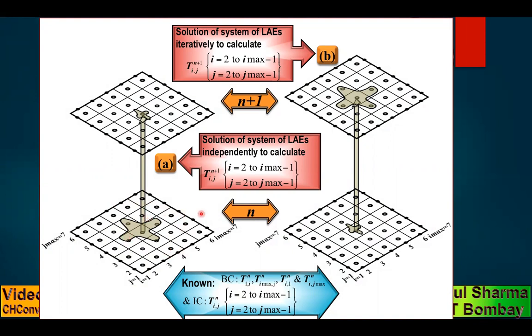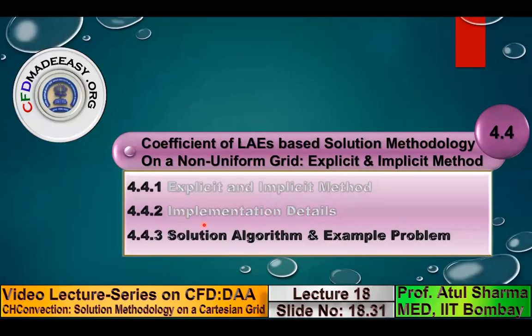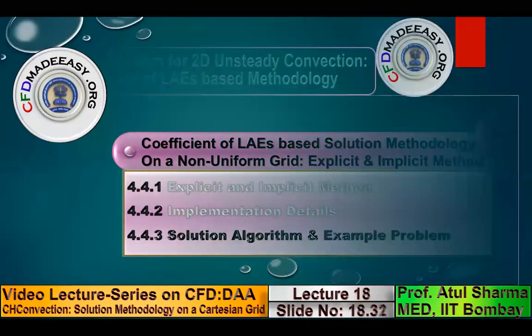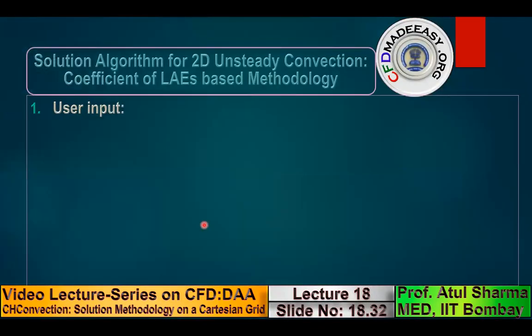And you also note that in a convection problem, to calculate the enthalpy fluxes at the boundary grid point, you will use the temperature obtained from the boundary conditions to calculate the enthalpy fluxes at the green square and the red inverted triangles at the boundary of the domain. Finally, the solution algorithm and the example problem.